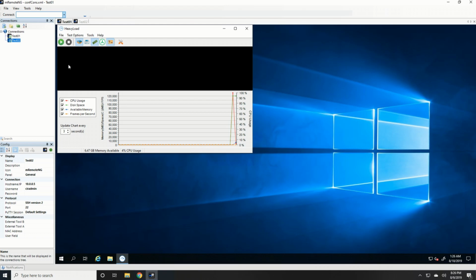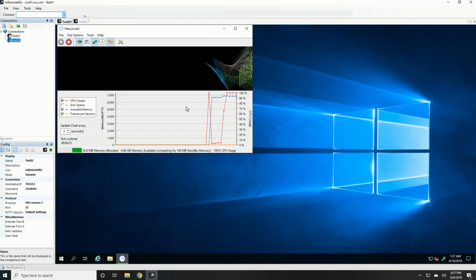And what this does is it just generates a load. Again, it's similar to stress-ng, only a Windows version. So if I hit go, it should start up here in a second and start consuming a lot of resources. There it goes, it's launched, and let's go back over to